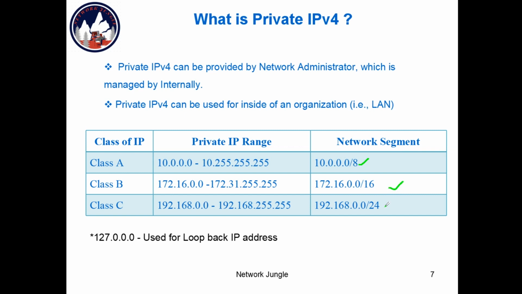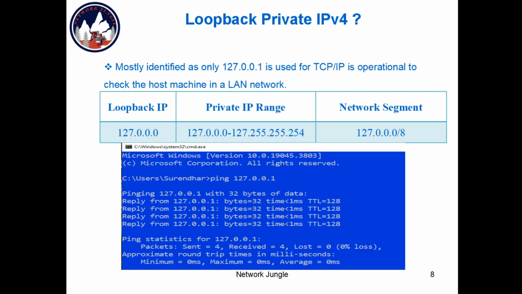Finally, Class C 192.160.0.0/24. Here 127 is the loopback address. Next one is the loopback private IP. So loopback private IP is the 172.0.0.1. It is used for testing the host machine, whether the TCP/IP protocol is working fine in the host